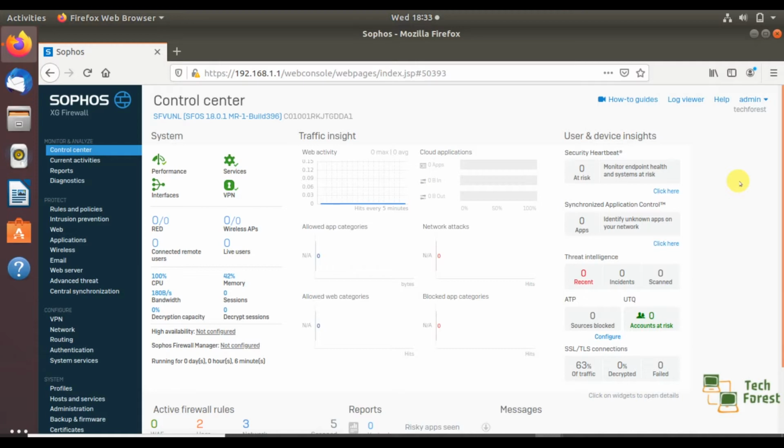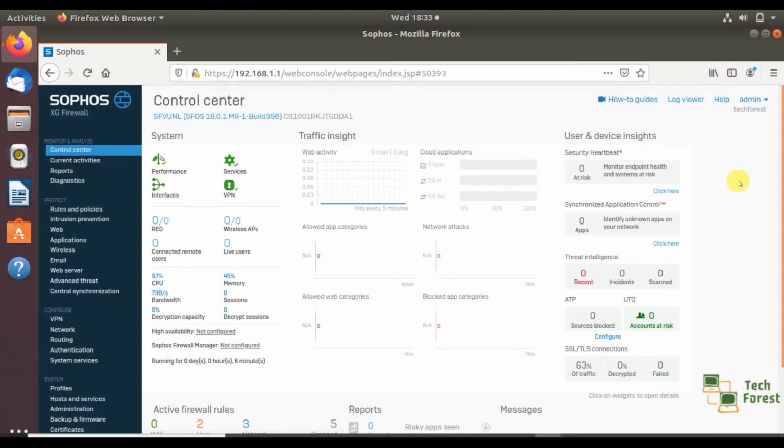If we purchase a new firewall, it comes with a default port number, like Sophos firewall comes with port number 4444. So the point is, do not use the default or HTTPS port number, because attackers always try to attack using a default port number or a common port number like 443, port 80, port 22.